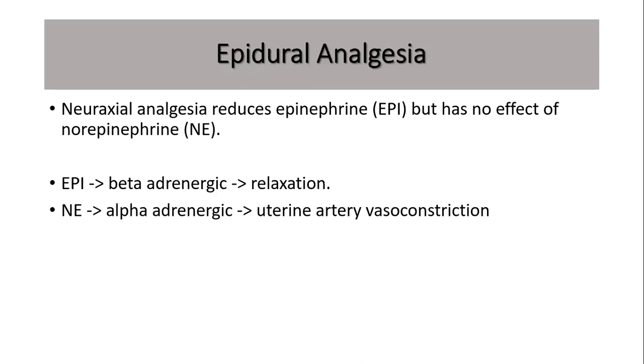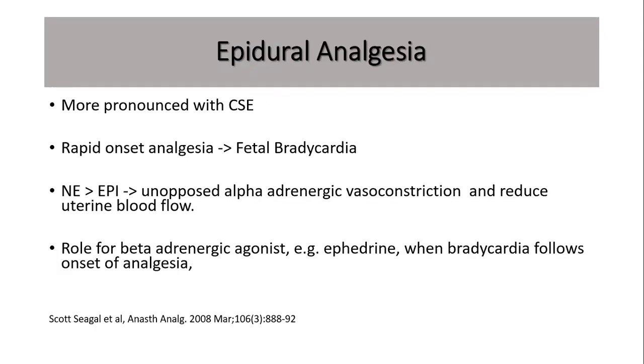We also know that when we give epidural and all forms of neuraxial analgesia, there's a reduction in epinephrine, but there is no effect on norepinephrine. Epinephrine works more on the beta receptors, which cause relaxation, but norepinephrine works on the alpha receptors that cause uterine artery vasoconstriction. So this effect is more profound with combined spinal epidurals, where there's rapid onset analgesia, and therefore you are cutting off the relaxation effects of epinephrine and having more norepinephrine, and we can have sustained vasoconstriction in the